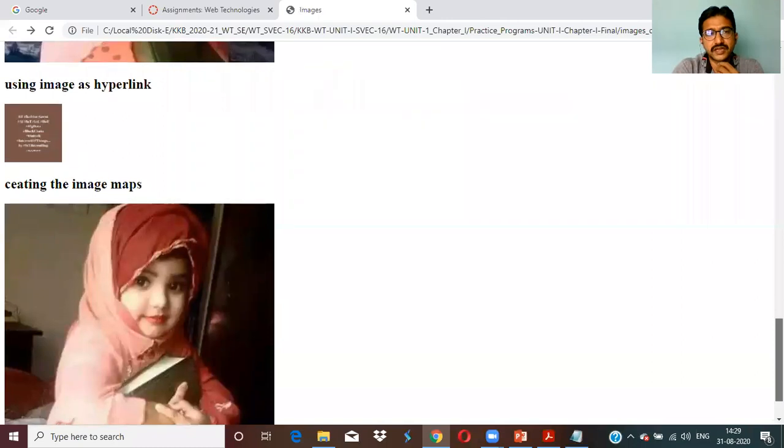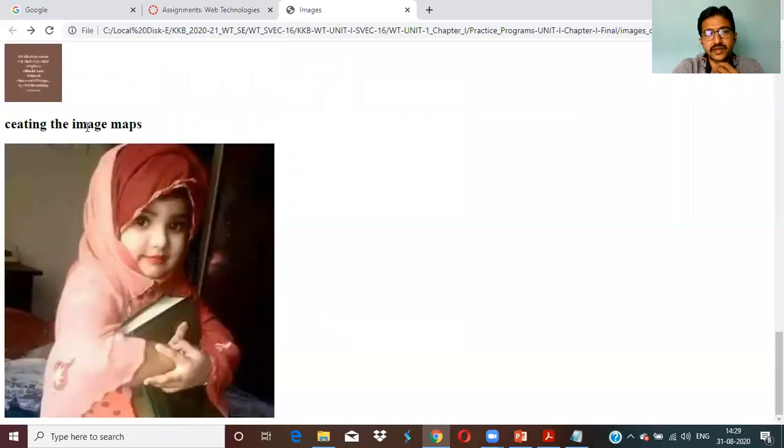Now another example here is the image map, right? So observe carefully in this image map. What I'm doing here is, for this entire image map, I'm applying a mapping. What type of mapping am I applying? Rectangle and circle. If you see carefully,